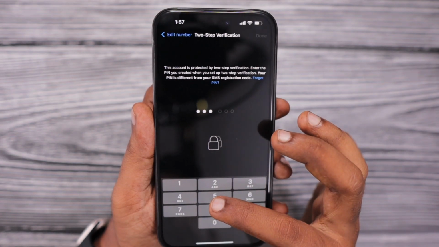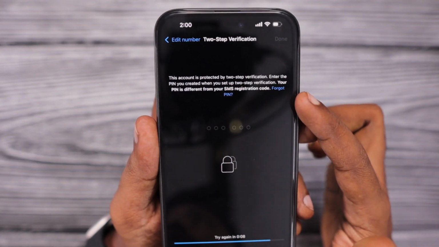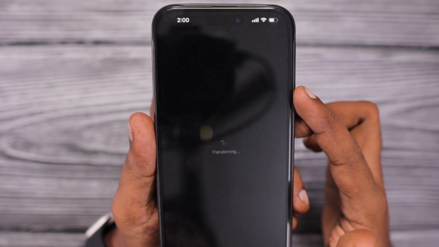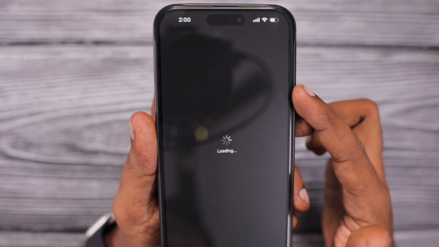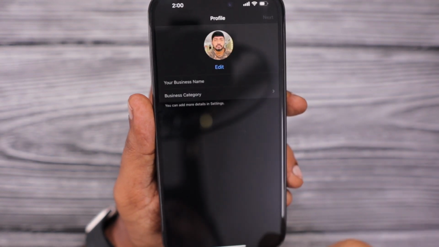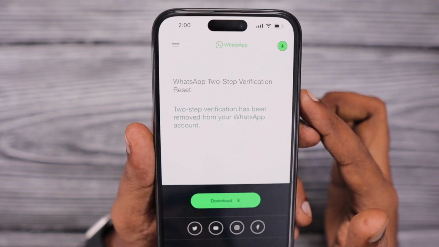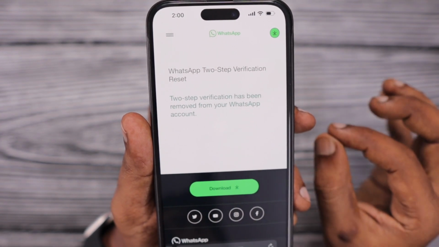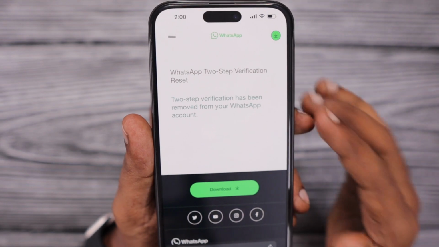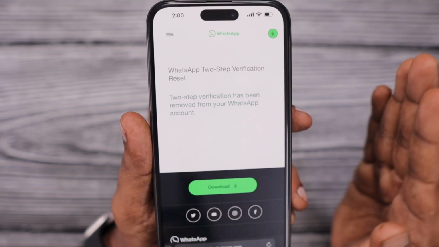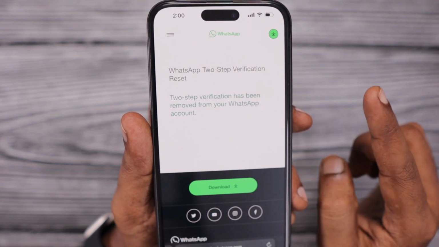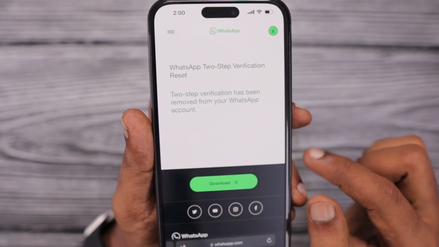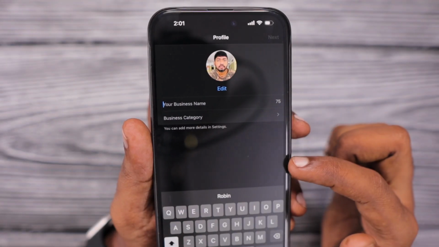So the process that we are going to do right now is to transfer all the data from the WhatsApp regular version, which is actually crashing and force closing. Without opening the app, we are going to migrate all the data safely to the WhatsApp Business version. Okay, if the problem is happening with the business version, then you need to install the WhatsApp regular version and do the opposite process. So here, if you have accidentally forgotten the two-step verification, then with your phone number, you can proceed